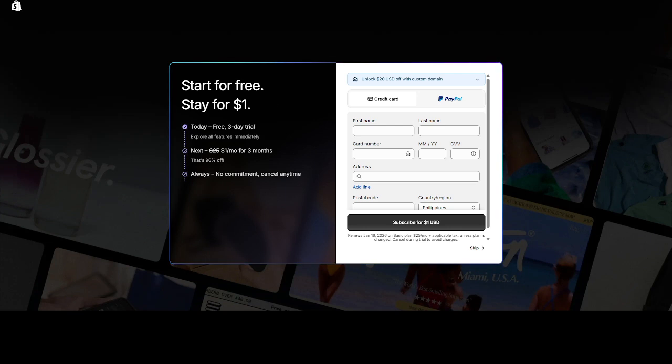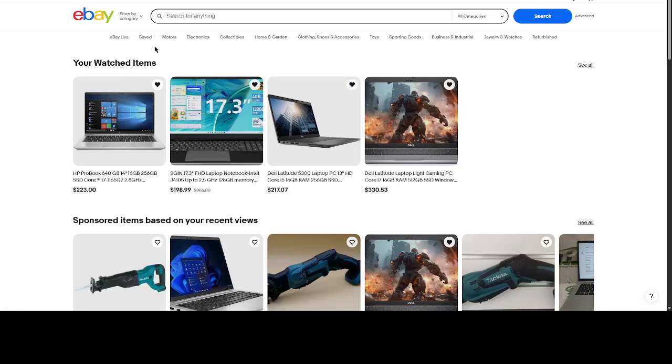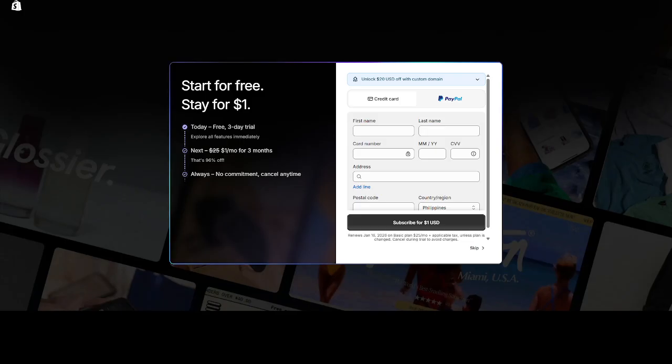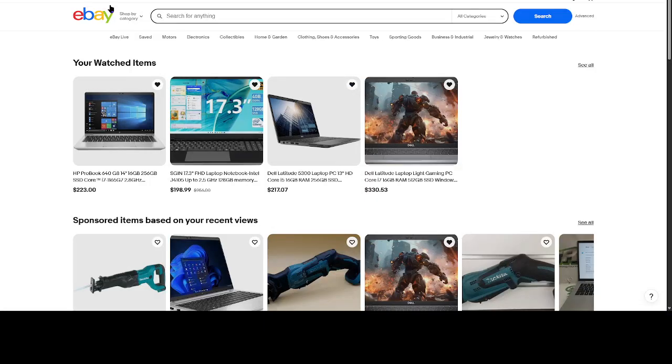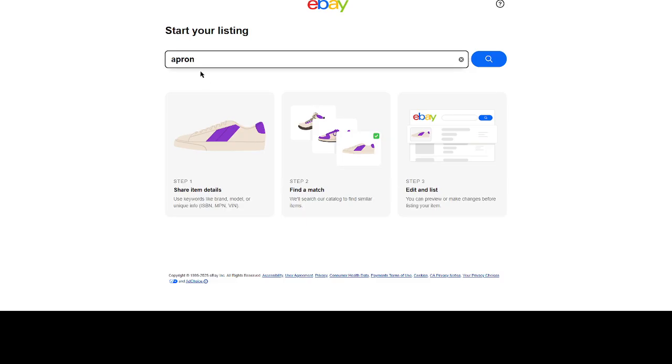After authorization, the next step is to sync your Printify products with eBay listings. This is where the magic begins. Printify facilitates this by allowing you to choose which products you want to list on eBay. Take your time to select the right products for your eBay audience, as this can greatly impact your sales. Once you've made your selection, follow the prompts to complete the synchronization. This process ensures that your product details, including descriptions and pricing, are accurately reflected on your eBay listings, streamlining your